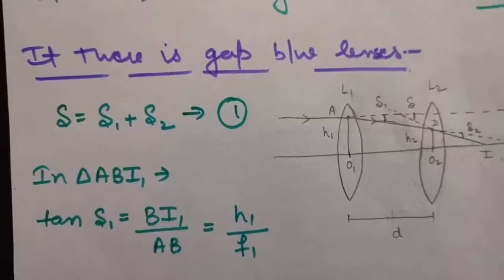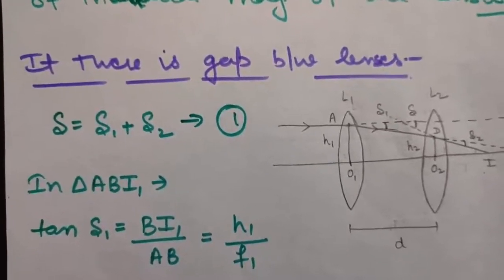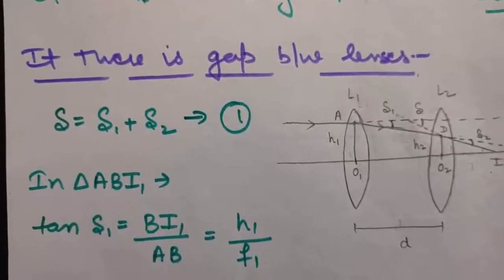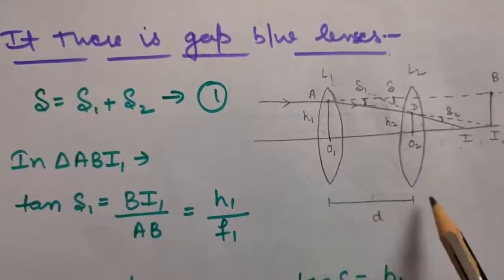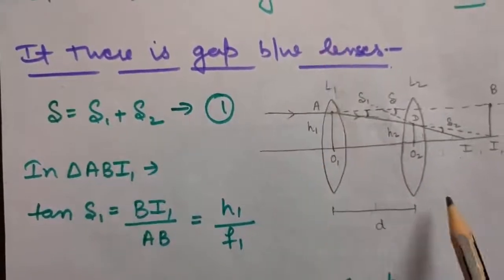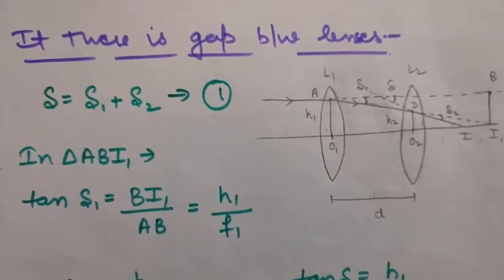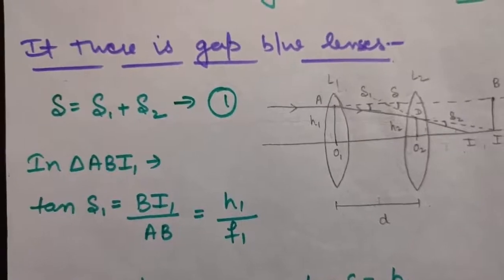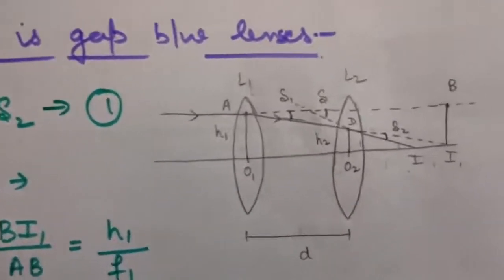So now we have done, up till now, the combination of lenses when there was no gap between them. But now suppose there is a gap of D between those two convex lenses. So there is a gap between the lenses. Again here also we will be deriving what should be the focal length if we replace them with a single lens. Now understand this diagram carefully first.